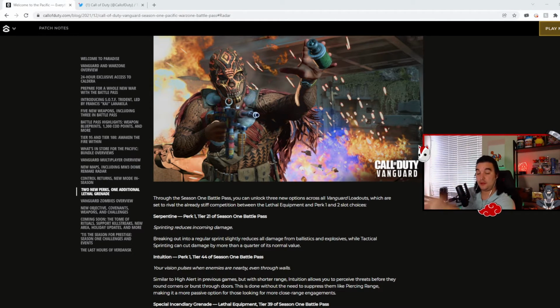Again, what I think is absolutely super cool is that they're actually adding new perks to the battle pass, so that you have to work to unlock these, and obviously they're going to be good enough that they want to put it behind the battle pass. Of course, it's going to be in the free battle pass, so you don't have to buy it, but I think just this idea is actually really, really cool. All right, Serpentine, and sprinting reduces incoming damage. Breaking out into a regular sprint slightly reduces all damage from ballistics and explosives, while tac sprinting can cut damage more than a quarter of its normal value. This is gonna be really, really good for those who are running gun type players. It'll be super helpful when it comes to freaking